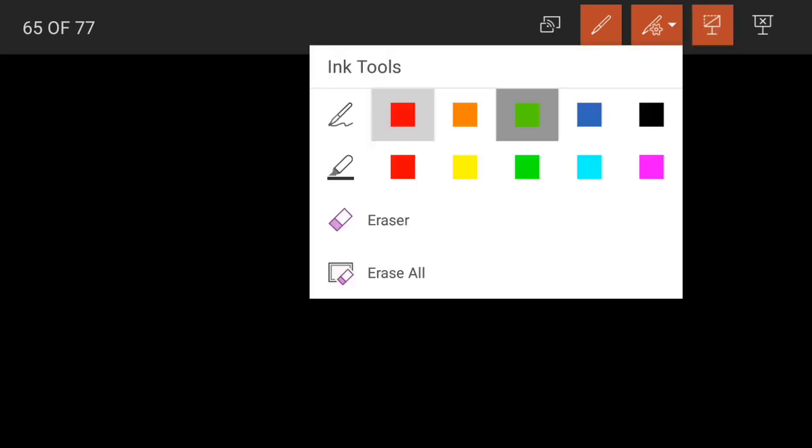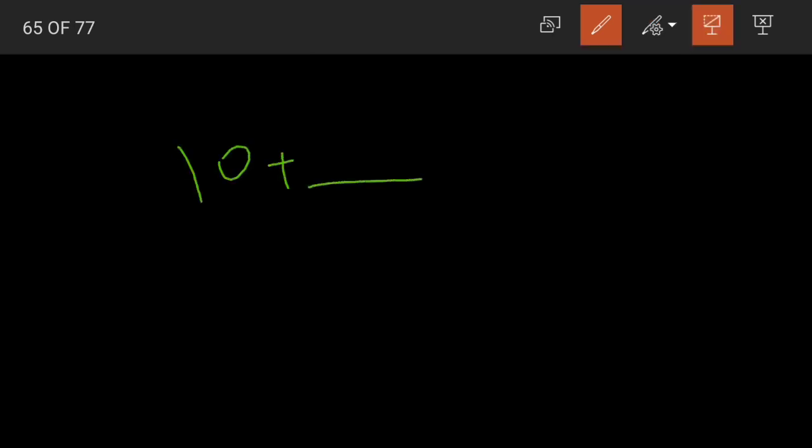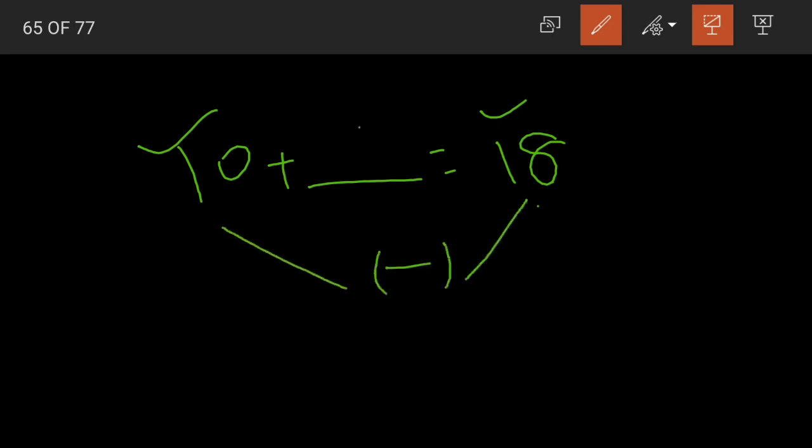Yes, see. 10 plus something is equal to 8. Now whatever we add to 10, the sum will be greater than 10. Yes children, but here 8 is less than 10. So what do we assume? We assume that it is 18 and not 8. One addend is given and the sum is given. What to do now to find out the other addend? Yes, subtract. 18 minus 10.